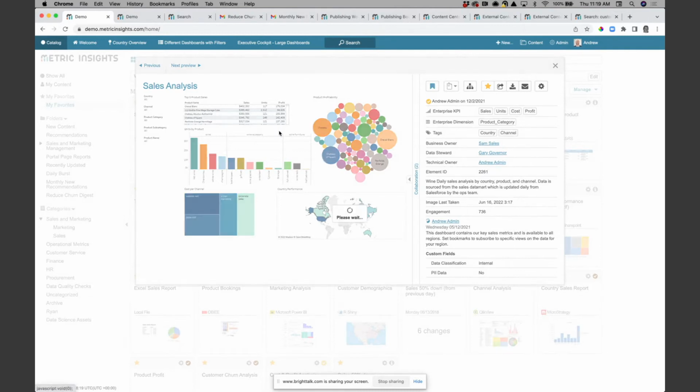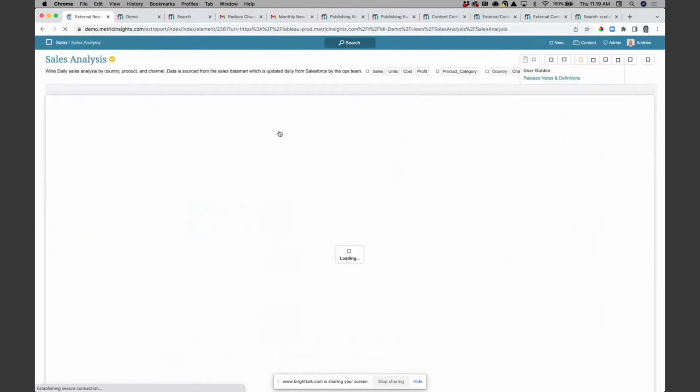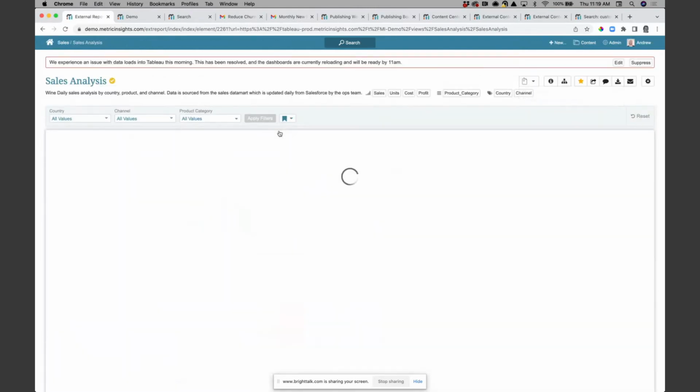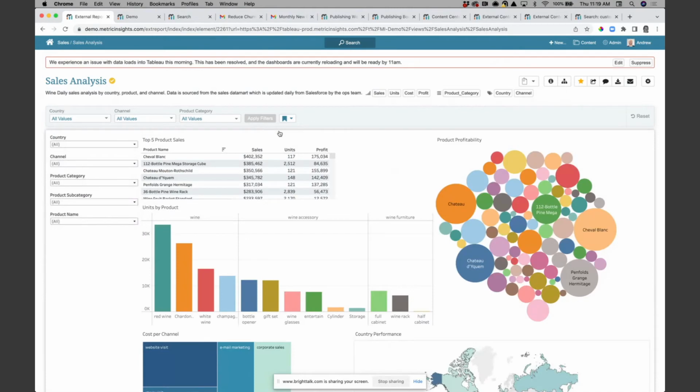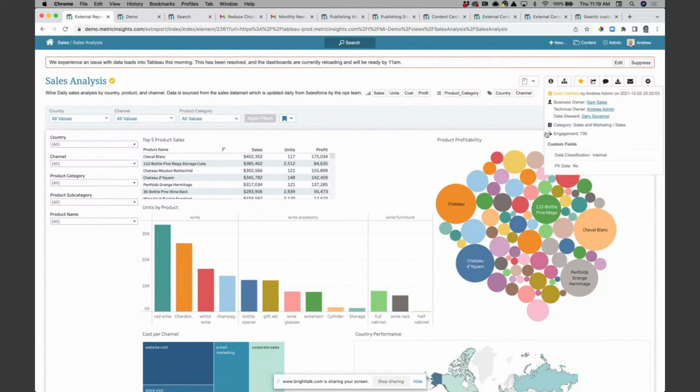And in these sort of environments, when they click on a particular asset, they're not getting lost in the underlying tool. We're taking the analysis and we're embedding it within the Metric Insights portal here. So I've got the live dashboard. It's logging me in as my user, but I've also got that context that we spoke about around it. So what is this dashboard? What are the metrics? Who owns it? How's it intended to be used?